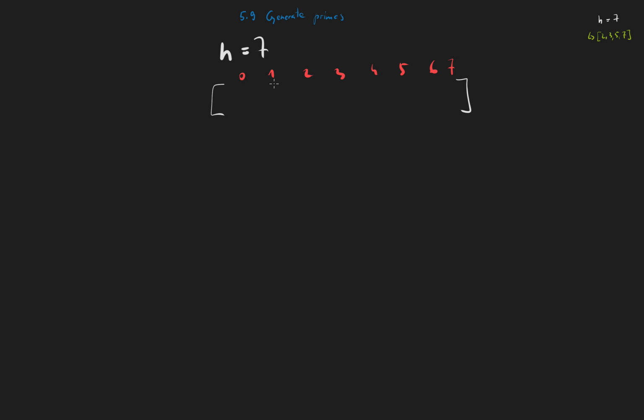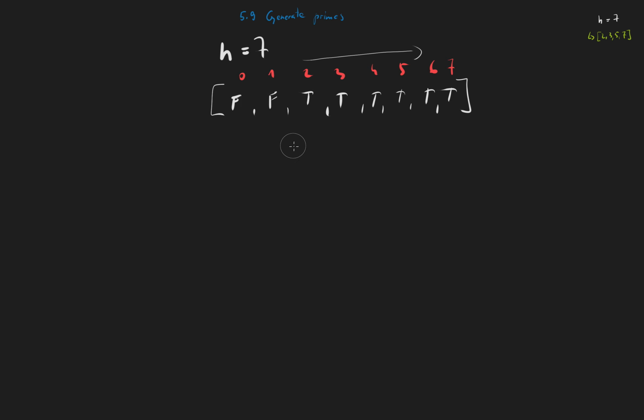Cool. And all of the values are at first truthy values, right? Now we know that 0 and 1 are not prime, so we can set them to false, right? And now what we do is we just go from 2